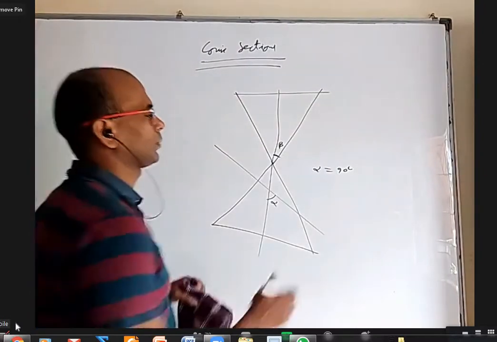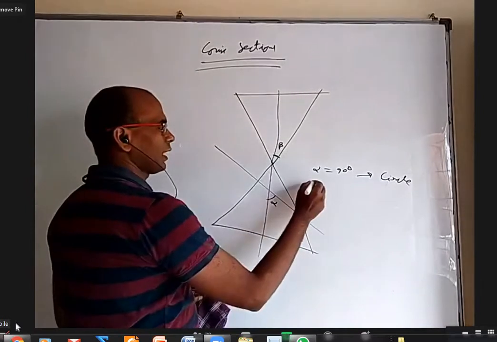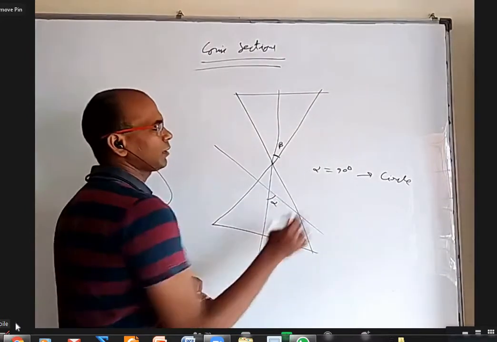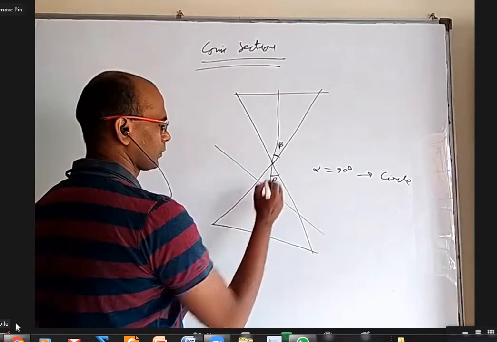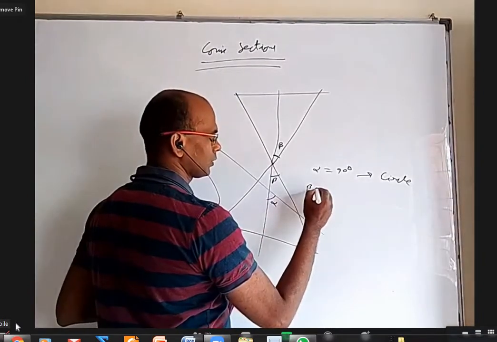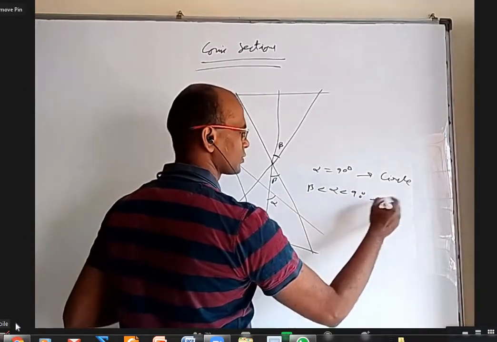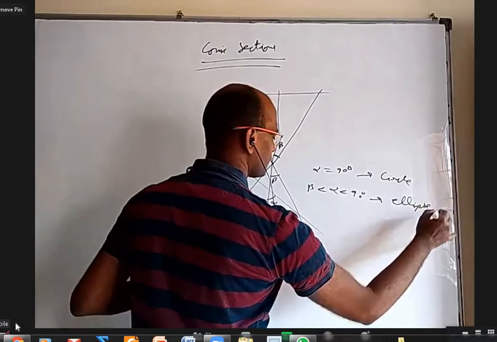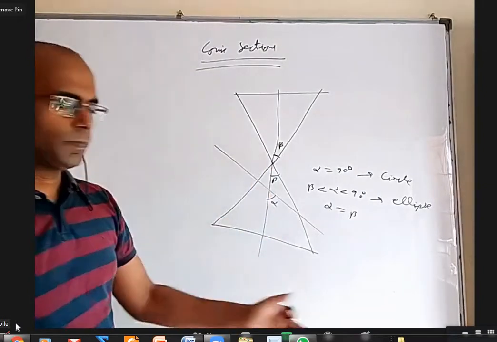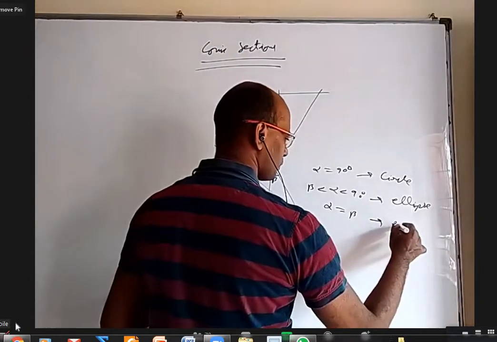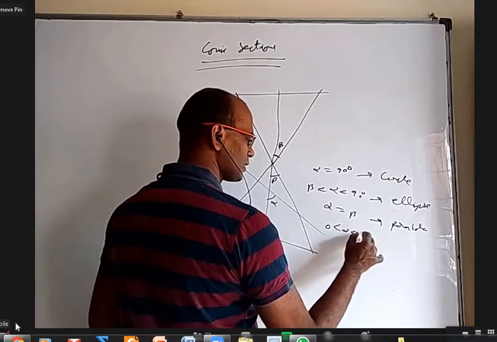Yes, sir. So alpha 90 degrees, we will get a circle. When alpha is more than beta but less than 90 degrees, okay, this is beta. So beta less than alpha, less than 90 degrees, we will get an ellipse. If alpha is equal to beta, that means it is parallel to this, what you get is a parabola. When 0 less than alpha, less than beta,